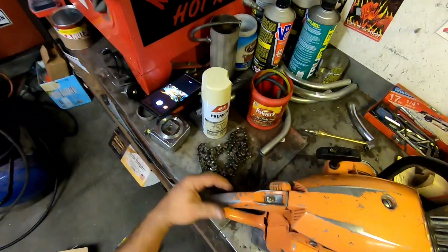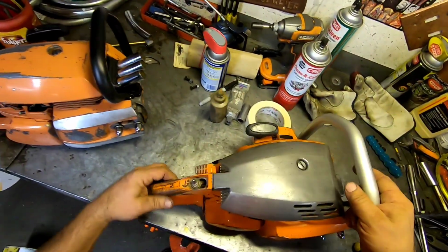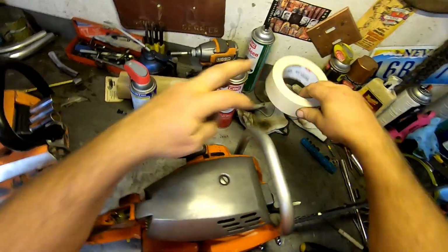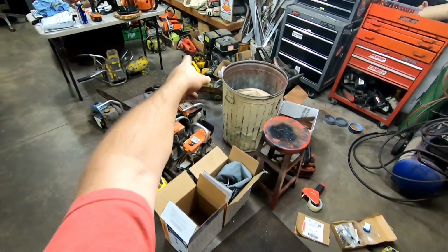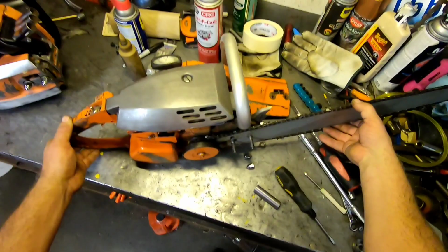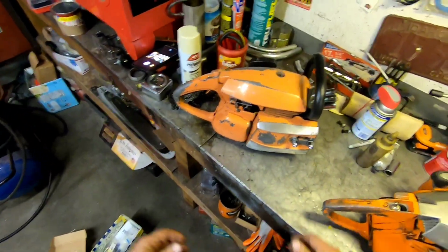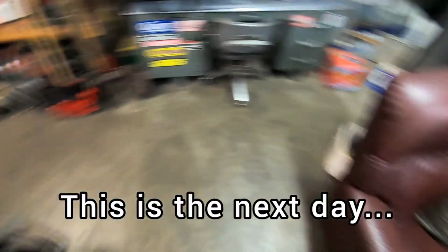And then I found that cool 24-inch bar, an original hard-nosed one. It's actually off of a PM Canadien. It came with that 270 that I got. So anyways, I'll get that off later. I'll fool with that later. So let's go see what that bar looks like. I got it soaking in the...